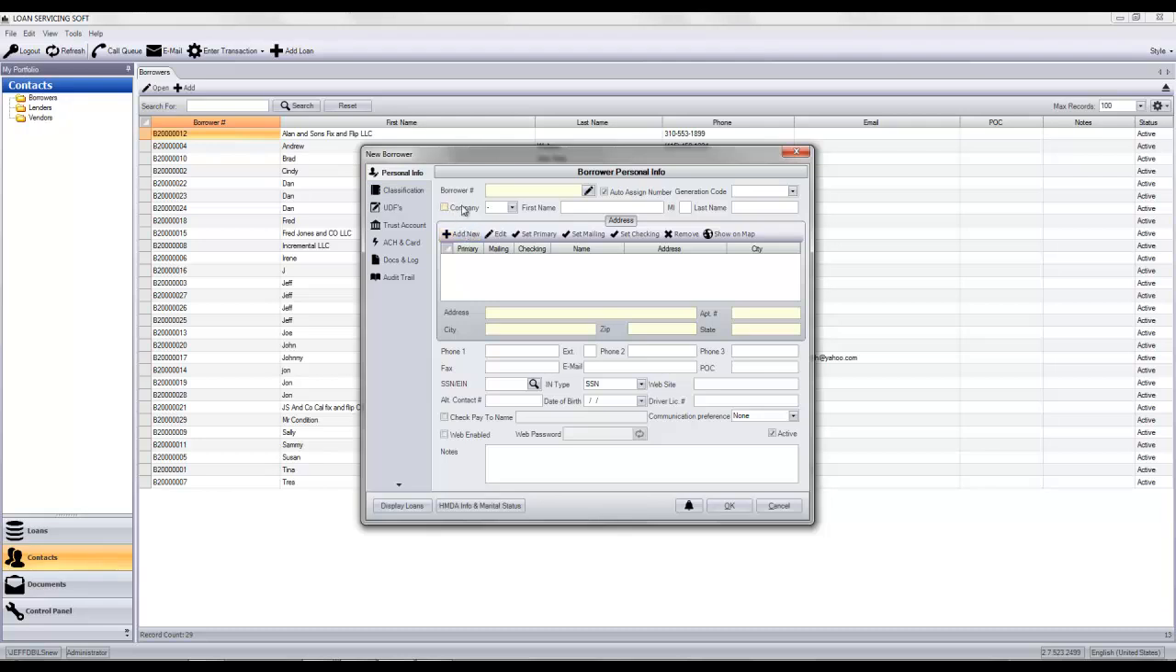And the borrower can either be a person, like John Q. Smith here, or the borrower could be a company, like John Q. Smith LLC, and we check this box and he's a company. On this borrower contact record, we're going to have this main screen with all of John Q. Smith's particular contact information,